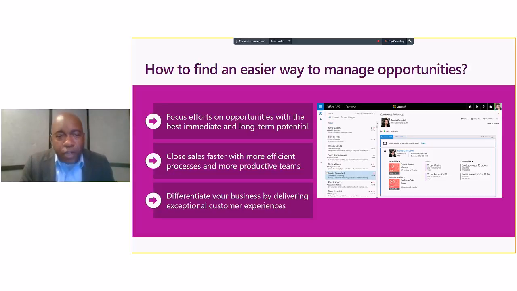And so if we're looking to close sales faster, we want to enable our teams with a consistent process for doing it. We want to enable our teams to be more productive, so that they can maybe even put some automation involved, so that we can do repetitive tasks more quickly, automate them, make them go without human intervention. And so we can do all of this by extending the functionality of tools that we currently use, like Outlook or whatever email system we use.